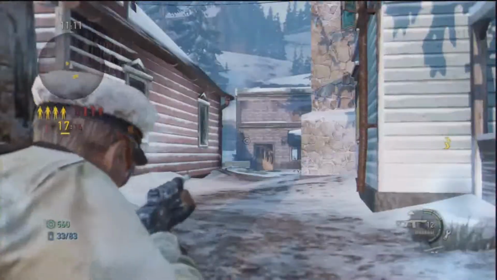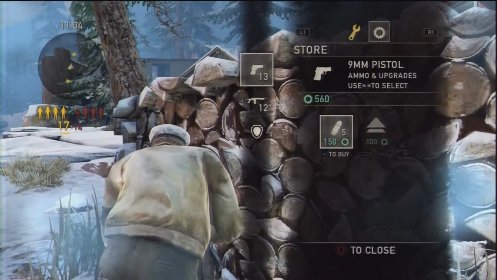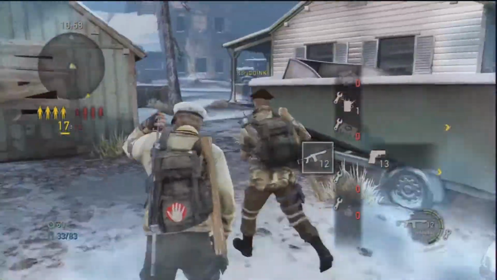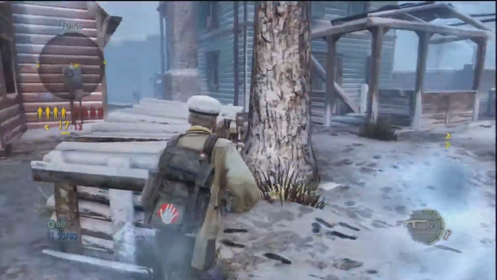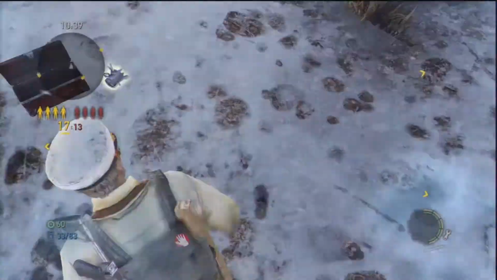Now the first perk I've decided to go for is First Aid Training Level 2. Now this comes with a couple of benefits. The first one is that it enables you to use medkits 75% faster,